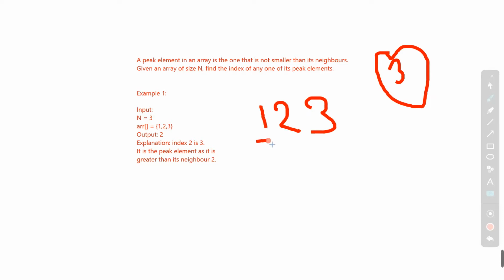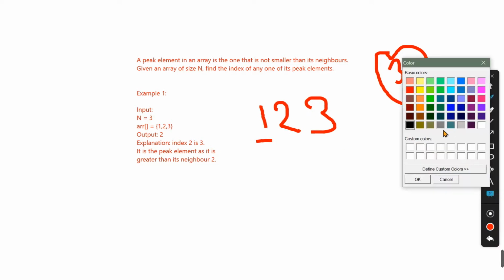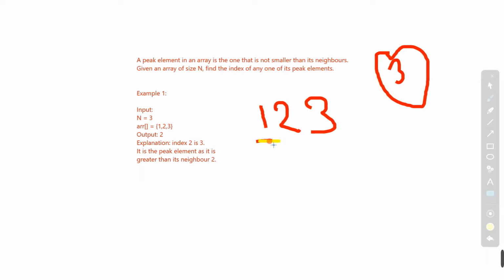Let's go with 1. It has neighbor 2, but 1 is less than its neighbor. We need the element whose neighbor is smaller, like a guardian of that element. So we can't take this.